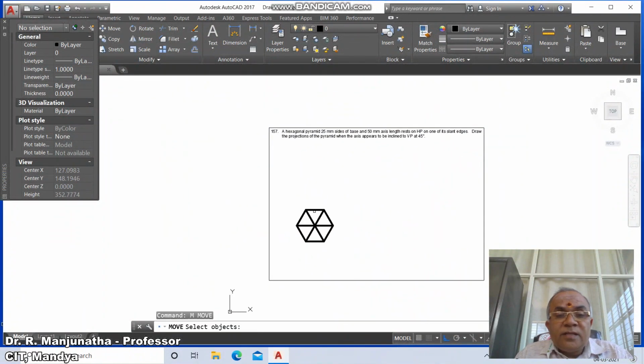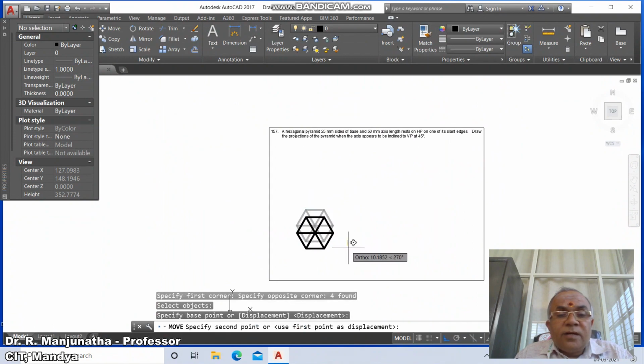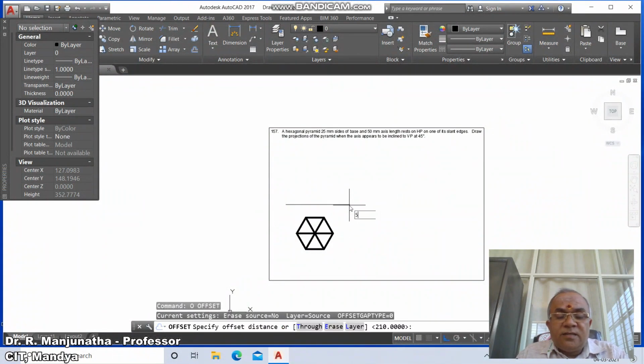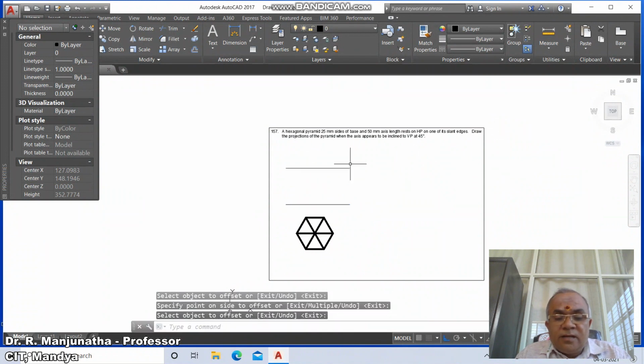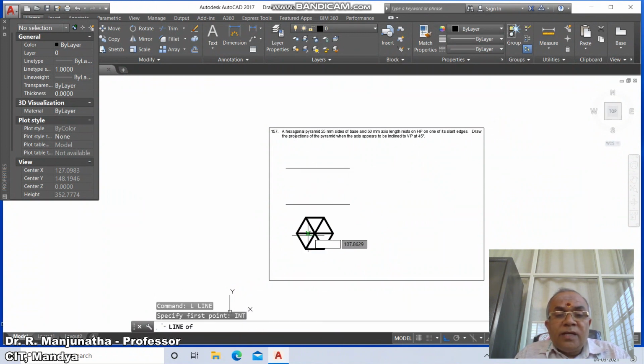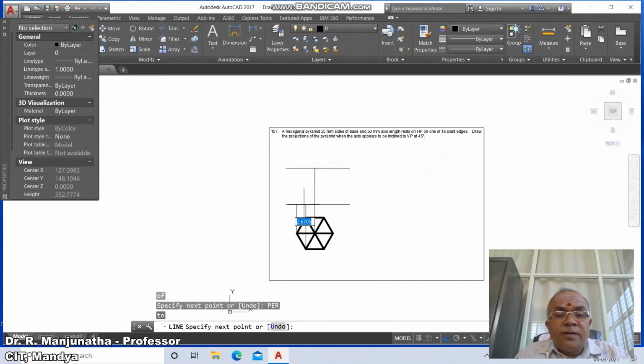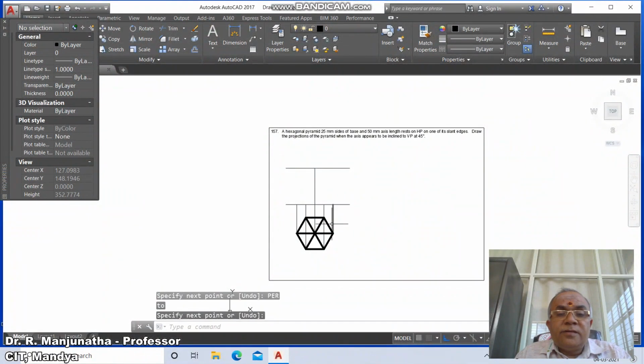Then go to zoom previous, then take move, take it further down, then go to line, select this and then go to offset, take the distance as 50, select this line and take it to the top side, then go to line, take INT perpendicular to this, then go to line, INT of this and then draw perpendicular to this, then go to line, intersection point of this and draw perpendicular to this, then go to line, INT of this and then draw perpendicular to this, then go to line, INT of this and draw perpendicular to this, then go to fillet